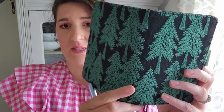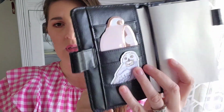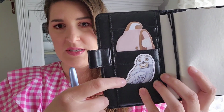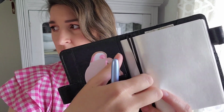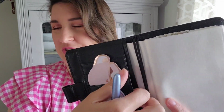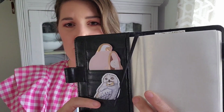So without further ado, let's get into it. The first thing, let's talk about the cover just super quick. I bought it on Etsy, not eBay, Etsy. It is a Hobonichi style. It has the card pockets here, which just have sticky notes and stuff. It has one here. Sorry, I'm just looking at my neighbor get her mail. It has a big pocket here, obviously a pocket for sliding in your notebook. It has two